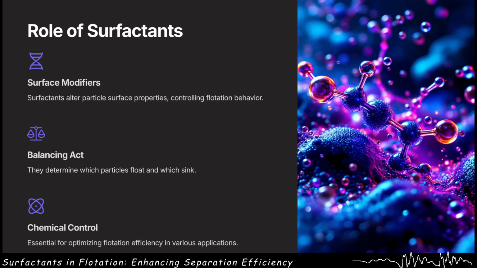Surfactants are chemical agents that modify the surface properties of particles, making them either more hydrophobic or hydrophilic. They're essential in controlling which materials float and which sink during flotation. Surfactants are like those social butterflies at a party who can convince the shy kids to dance and the loud ones to quiet down. In flotation, they're basically telling certain particles, hey, you're going to stick to these air bubbles whether you like it or not. While telling others, nope, you're staying in the water pool. And just like a good party needs the right mix of people to be successful, flotation needs the right surfactants